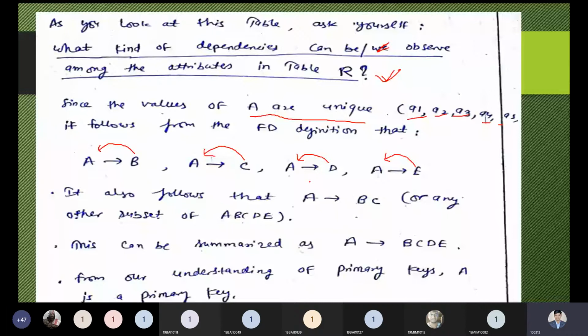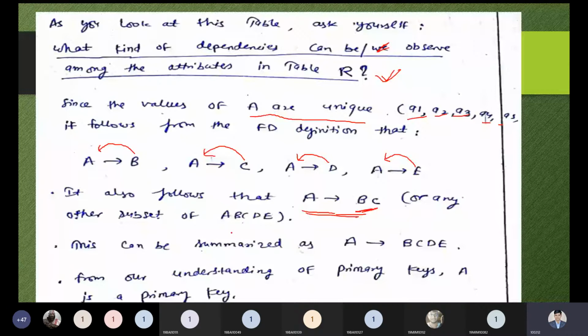So if you are looking at the data and need to determine the first part of the dependency, then you can see that every attribute can depend on A, because A is an attribute which has only unique information. So it also follows that A determines BC. We are taking composite attributes. If we are taking the composite attribute, then we need to keep BC in mind. It should be a subset of ABCD, so of course it is a part of ABCD.